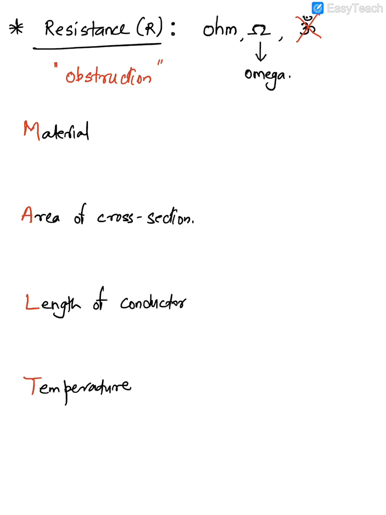Now how do all these affect? So in the material, we have an option, for example, there are some materials which have a low resistance. For example, copper. So copper offers a very low resistance, and that's why the connecting wires in your house. What do you mean by connecting wires? All the wiring which is done inside your house. There they make use of which wire? Copper wire. There is also silver, which is even a better conductor than copper, but we do not use silver for wiring in a house simply because it is expensive. So you might as well make what?